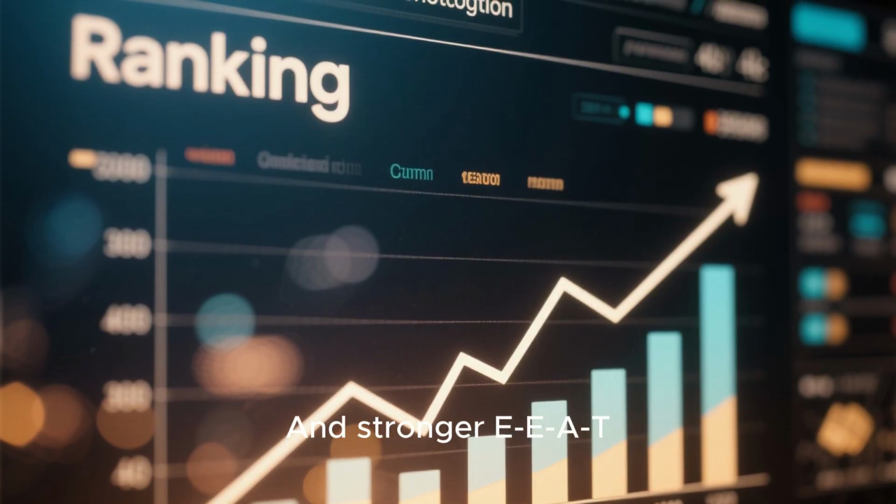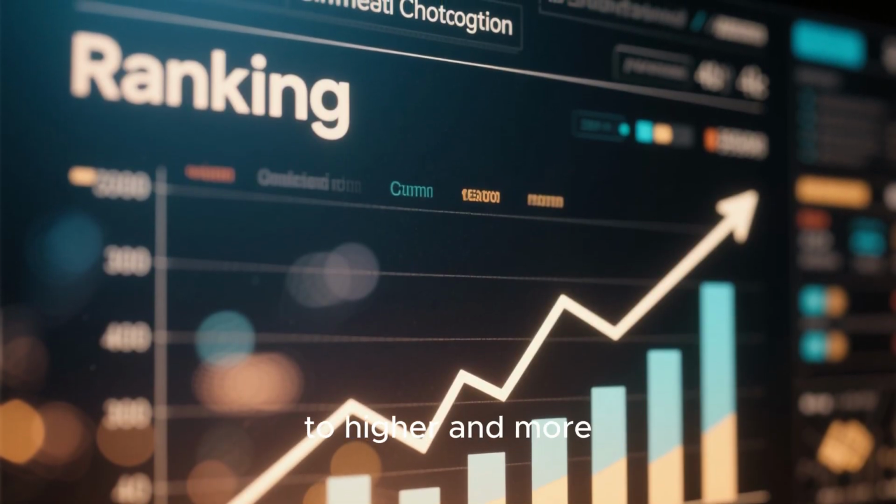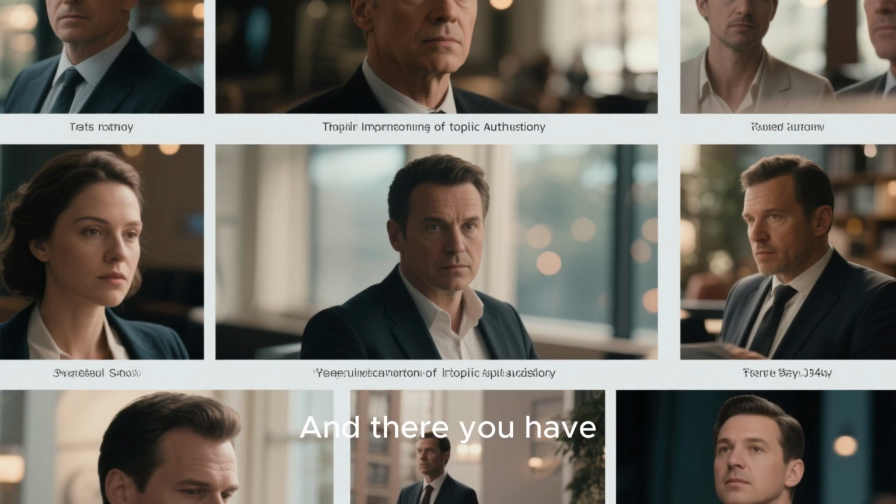And stronger E-E-A-T signals directly translate to higher and more resilient rankings over time.